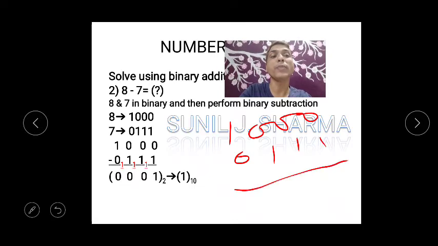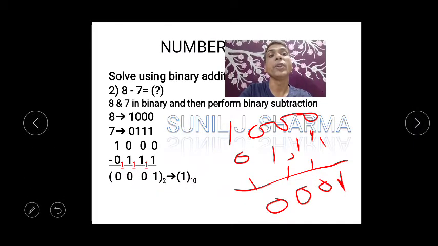So suppose if I'm subtracting, so everyone knows the rule, 0 minus 1 is 1, and borrow 1. Now can you see 0 minus 1 is 1 here, this 1 minus 1, just wait, this 1 minus 1 is 0, 0 minus 1 is 1, borrow 1, and then 1 minus 1 is 0, again 0 minus 1 is 1, borrow 1, and 1 minus 1 is 0, 0, 1 minus 1 is 0.